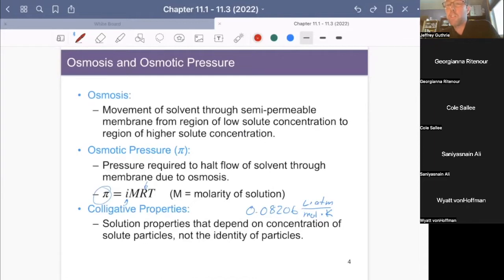It's a difference in concentration. So if there's a low salt concentration inside the cell and a high salt concentration outside, then you are,